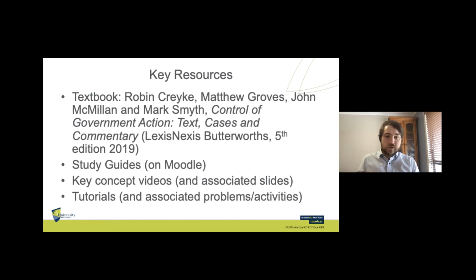Some key resources for this course. The textbook I've prescribed is Control of Government Action. What I really like about this textbook is that it goes into a bit more of the background and the context of administrative decisions. And so in terms of thinking about administrative law's relevance, the broader context, it's a